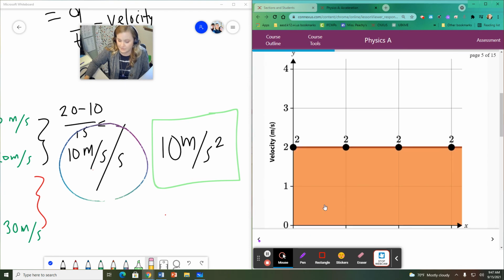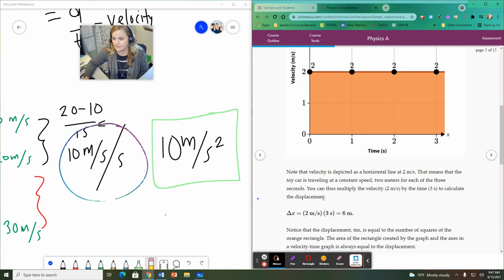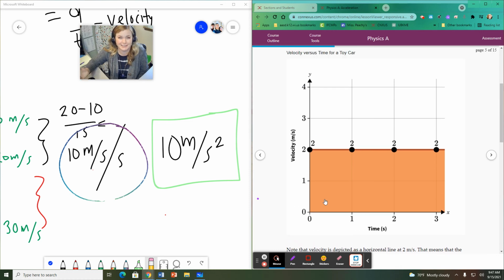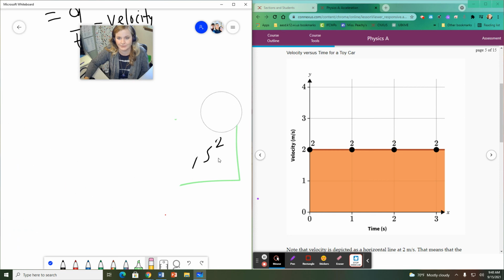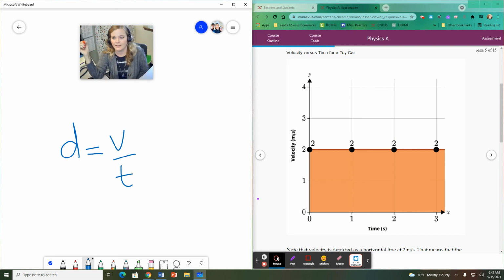Oh, right here. So you can actually use the area under a velocity versus time graph to figure out displacement, which I think is kind of cool. This is something that's kind of a cool thing. So this graph is actually giving you lots of information. So why can you use the area to indicate displacement? Well, let's think about the relationship between velocity and time. So displacement is equal to velocity divided by time, right? So if I have velocity, which in this case we're saying is 2,